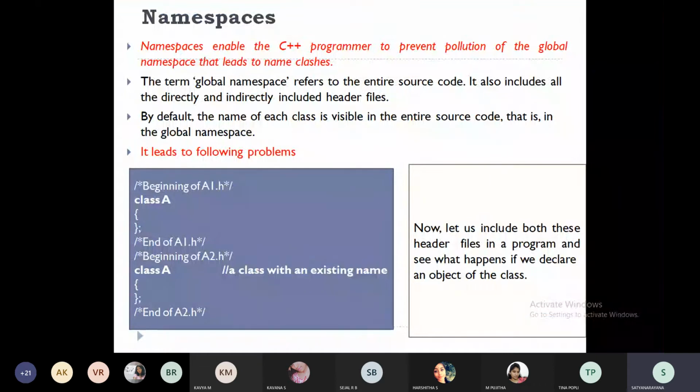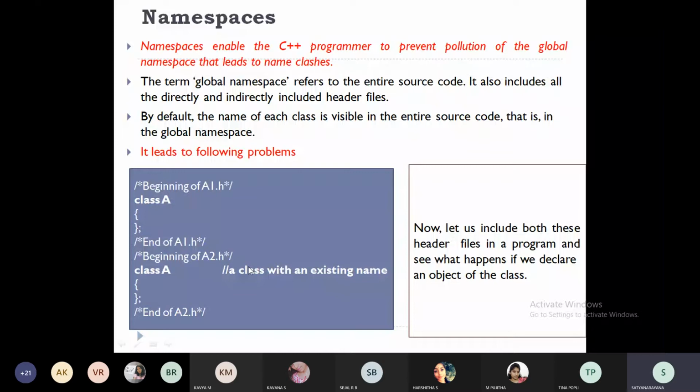How is it going to do that? Say for example, I write one class called A and complete it within one header file called a1.h. I write one more header file called a2.h, and within that I write one more class called A. Here, global namespace is not with respect to the program, but with respect to header files.